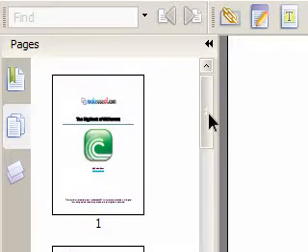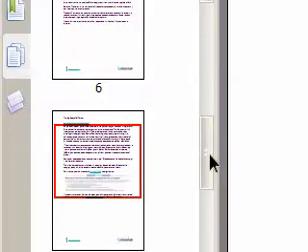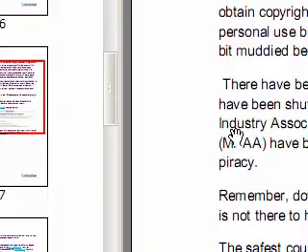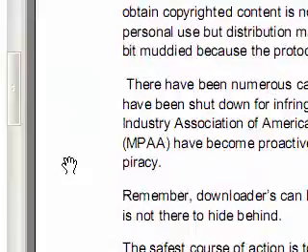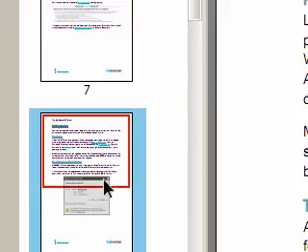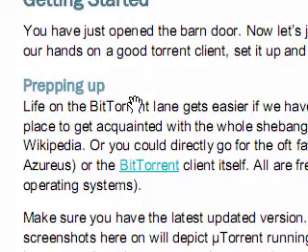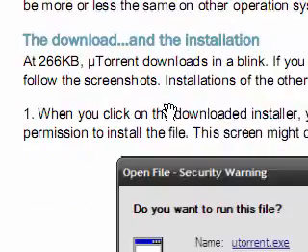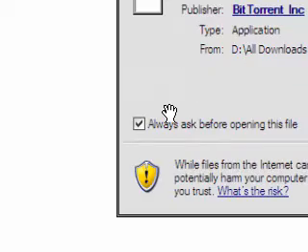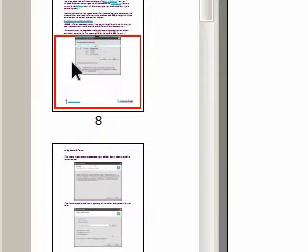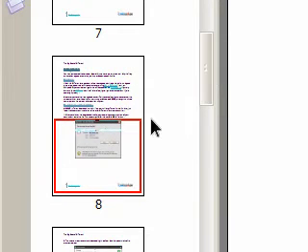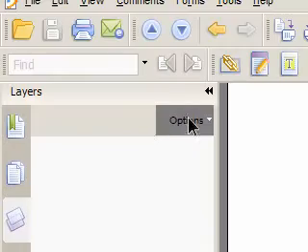If I click on page 8, it will come to page 8, and if I drag down to the last area, I may get the list of layers from this option. So these three options are here, and if you want to view comments in the document, you can view them here.